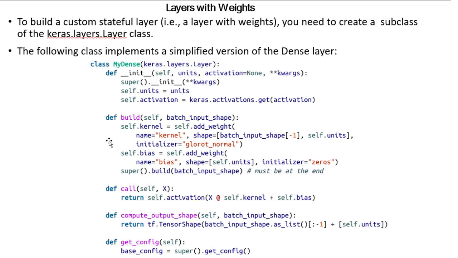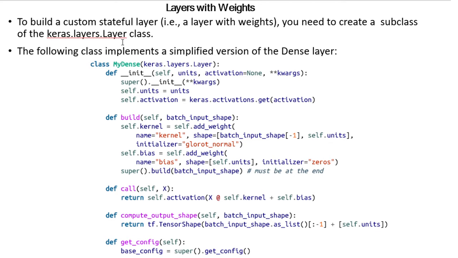Now let's understand the custom layer concept with respect to weights. When we want to build a custom stateful layer, we have to create a subclass of the keras.layers.Layer class.